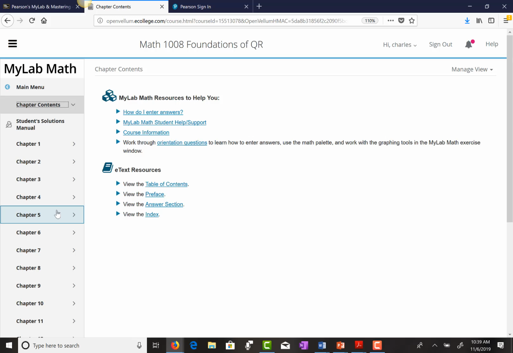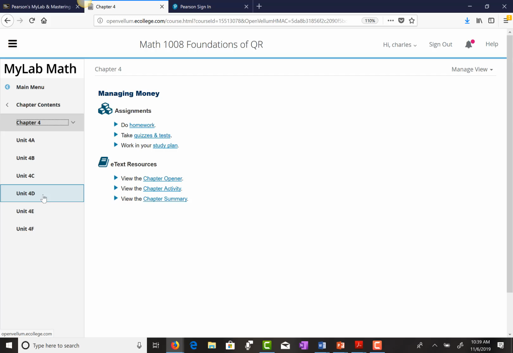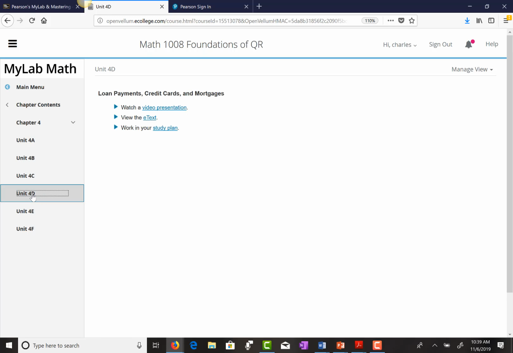Now, you've had several chapters mentioned that are going to be on this test, for example, 4D. If you just want to study some stuff in 4D, go to the homework in that section. You can go to the book, chapter 4. You can go to Unit D. And then when you go to Unit D, it'll think about for a while. Why isn't it pulling up the rest? Here it is, view the e-text. You'll go to the text. Then within 4D, under the text,